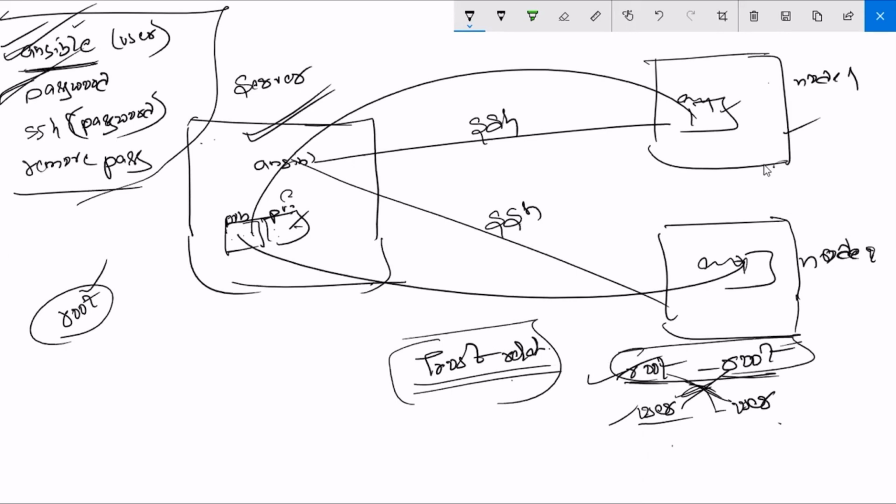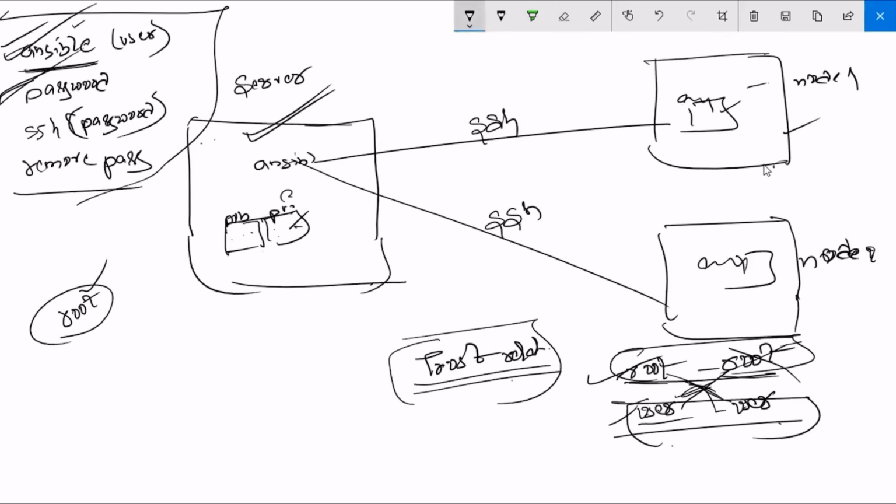Anyways, you cannot log in as root, right? That's why we are not using root. Now we have established the trust relationship at the Ansible user level. If you want to push anything from server to node, you can do it without any password, but not vice versa. If you want to push anything from node to server, you cannot do that. Why? Because it's only one-way communication. If you want it in reverse as well, you need to create the public and private keys there too, and paste that key here again. Then two-way communication happens, but it's not required, because we are going to push code from server to node only. We are not going to pull any code from node to server, so that's not required.